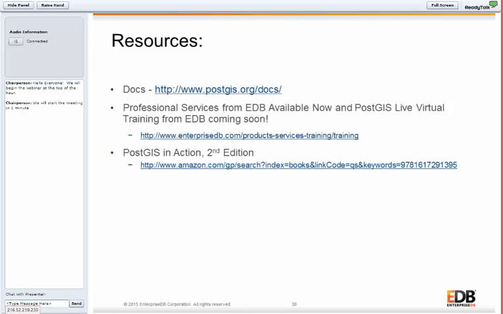And, of course, the official docs. Like Postgres, the community has excellent documentation, so does the PostGIS community. So this is really going to cover, okay, I really want to know what ST_Contains is, what the rules are for that. That's where you'd really want to reference the PostGIS docs.